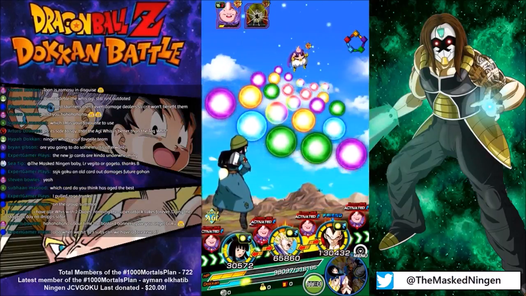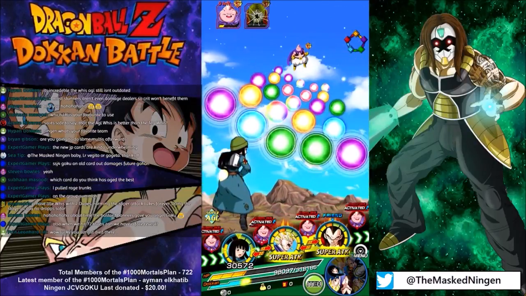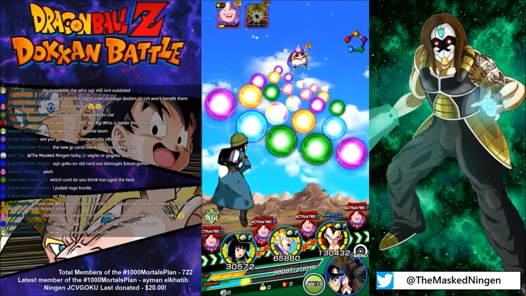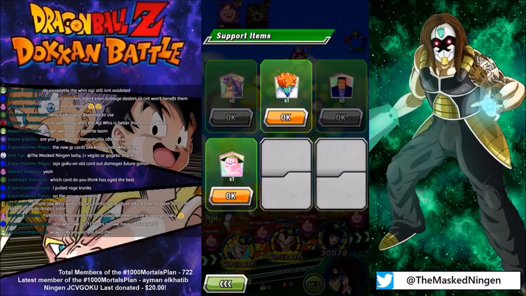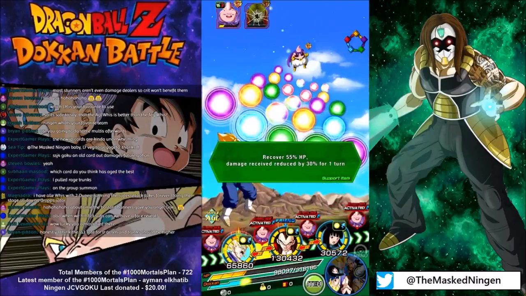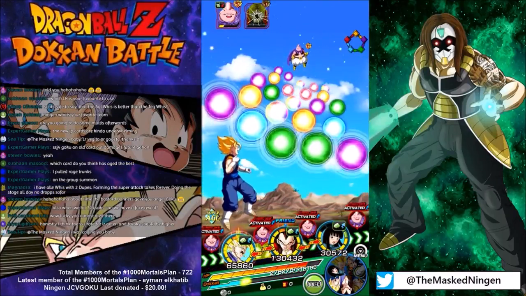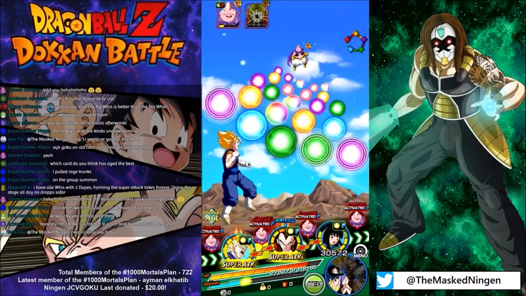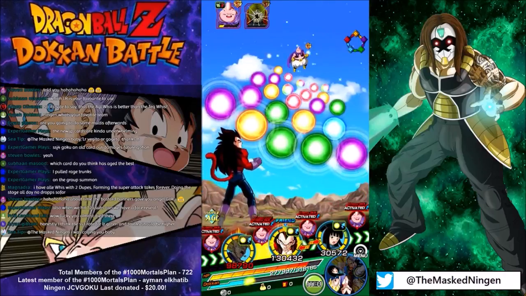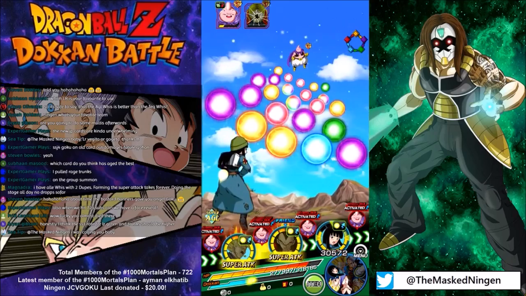Yeah, Super Saiyan 4 Goku is a beast, and probably always will be. Which card do you think has aged the best? I don't know. Well, actually, considering we're using this team, a card who has absolutely aged incredibly well is the AGL Super Vegeta. He is absolutely still relevant now. In fact, if you don't have dupes for the physical one, I prefer to use the AGL one on the Potara team. So yeah, I think he is probably the unit that's aged the best. I'm sure I'm probably missing someone really obvious, but